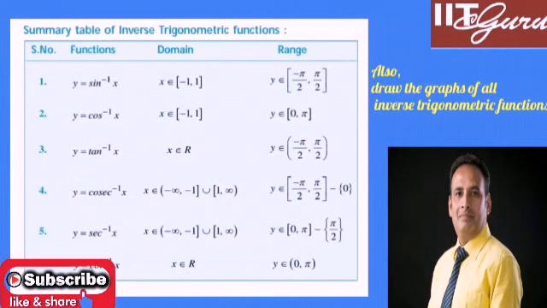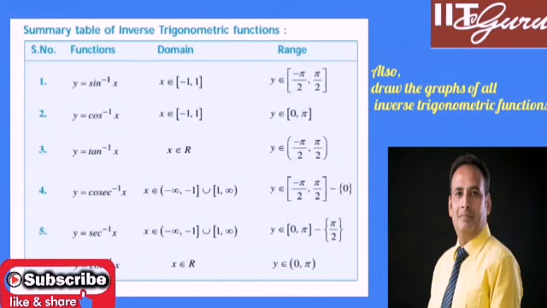And the range of an inverse trigonometric function can be evaluated so that its principal value exists, means the condition of invertibility exists. What was the condition of invertibility, as we have already discussed in the concept of function? The inverse of a function exists only if the function is one-one and onto, means injective and surjective, that is we call bijective in nature.